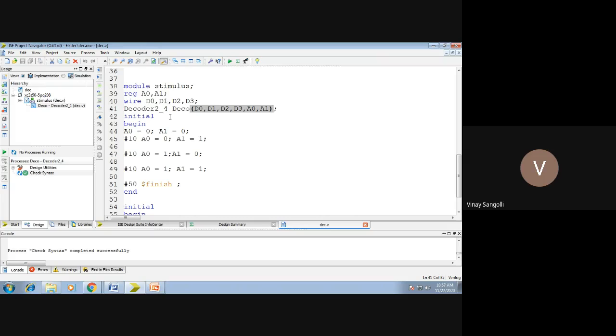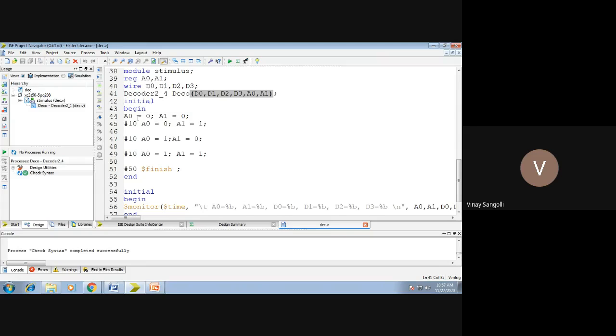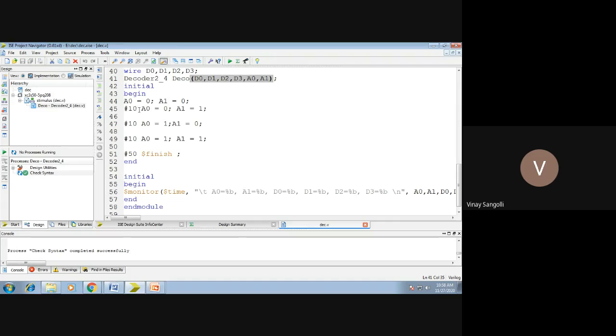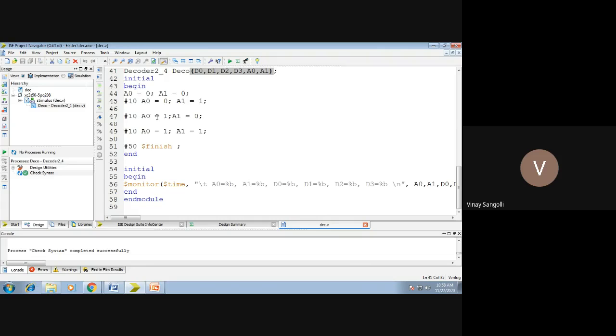Next very important thing is we will be giving the values, the various input values. So A0 is equal to 0, A1 is equal to 0. Then after a delay of 10 nanoseconds, we will be giving A0 is equal to 0 and A1 is equal to 1. After again 10 nanoseconds, that is here we have used 10 nanoseconds,